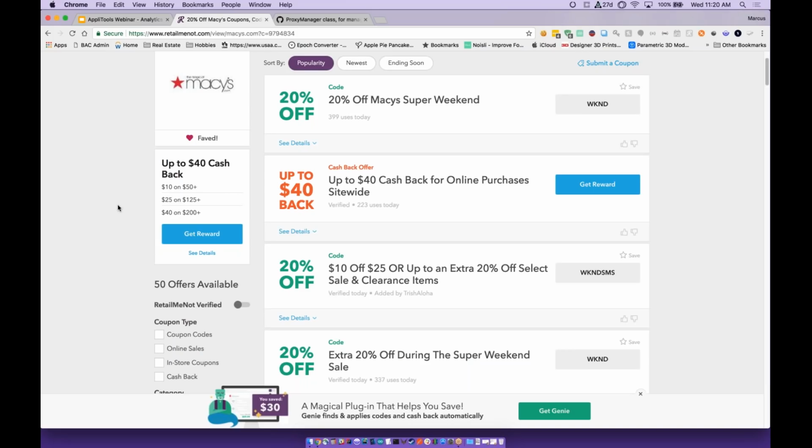So what they do is they code up the orange version of it, and then they start sending that to a random slice of 10% of traffic coming into Retail Me Not. So 10% of the people see that it's orange, and then the other 90% still see the good old-fashioned blue. Now, the first thing this allows us to do is test to make sure that everything still works. The second thing this allows us to do is say, does orange cause more people to click? Or does it cause fewer people to click?